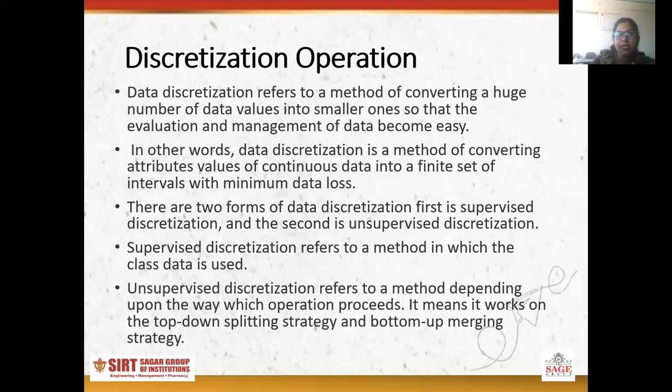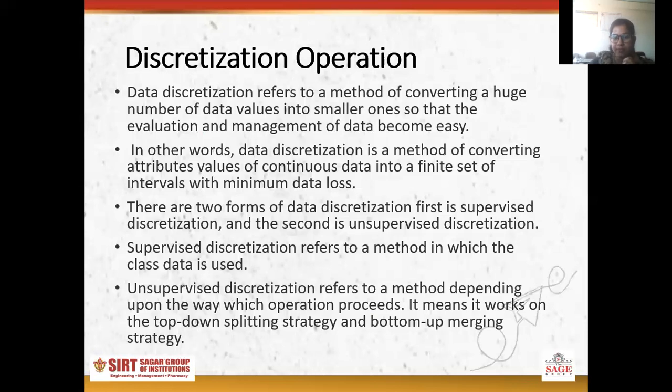This discretization we have also discussed previously while we were dealing with transformation. So it is a similar thing: discretization refers to a method of converting a huge number of data values into smaller ones so that the evaluation and management of data